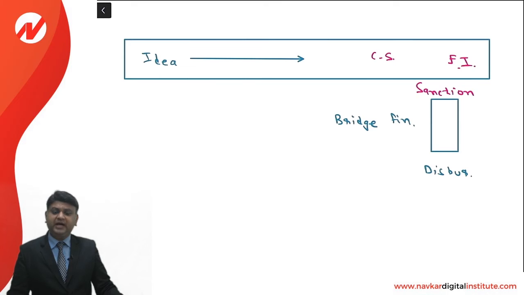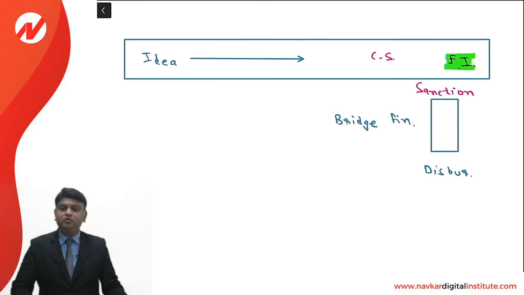The rate of interest is usually high in case of the bridge finance, because the commercial bank is aware that you are in urgent need of the funds to start with the venture, to start with your project. The condition may be that the commercial bank will inform the financial institution that we already have given a loan to this company based on your sanction letter. So whenever you do the disbursement, you are required to disburse a certain amount to us because we already have given bridge finance to the company. This is what we understand is the concept of the bridge finance.